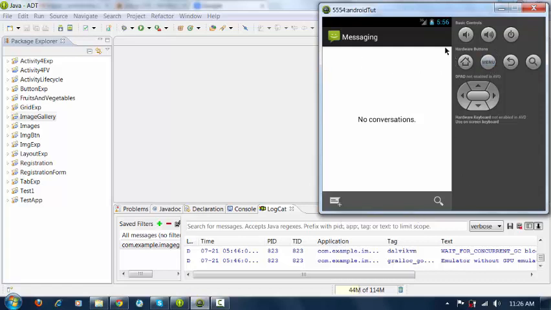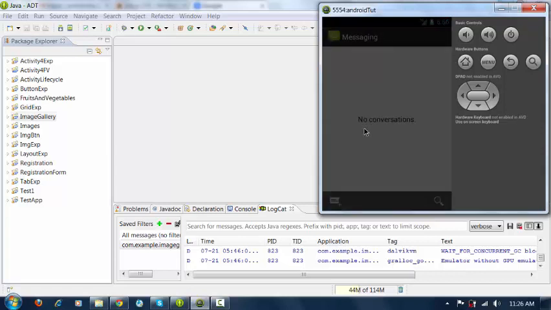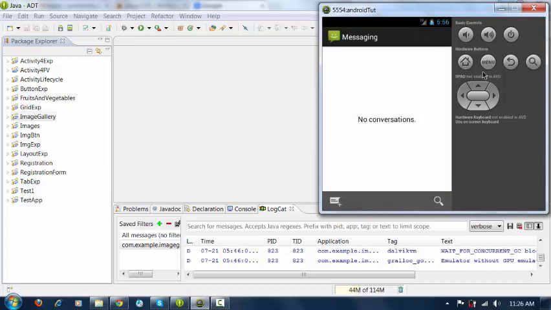Remember, for each and every page, not for an application, for each and every page in an Android application, you can use the menu button. It means I have a home page here. For this home page, I can use this button. If I go to page 2, there also I can use the menu button and I can give the action to that. Okay, so remember, you have three basic buttons here: home button, menu button, and back button.